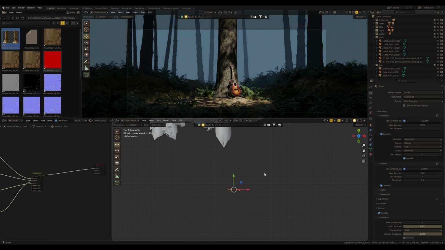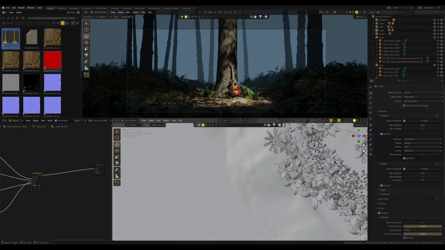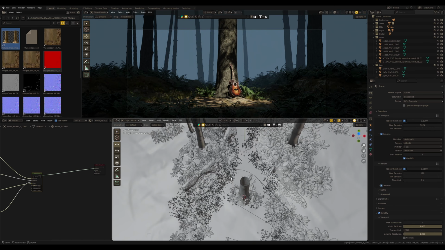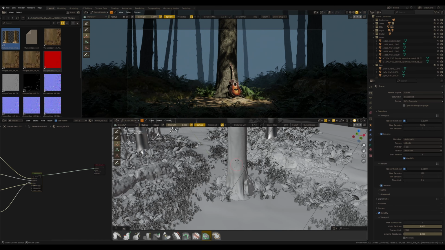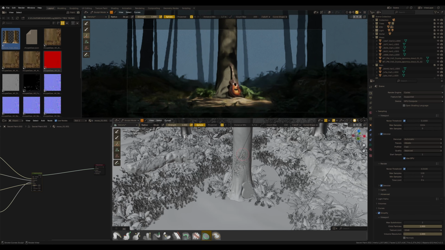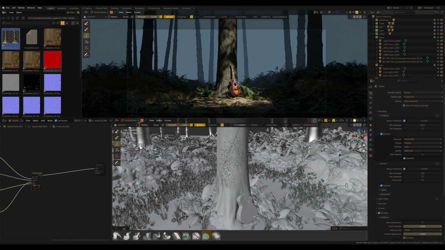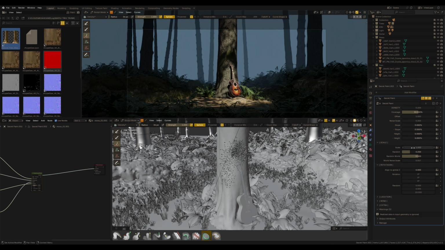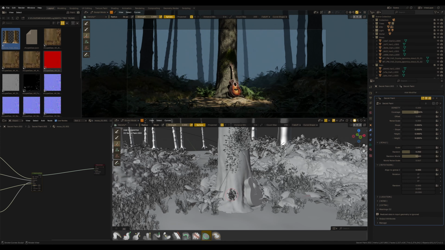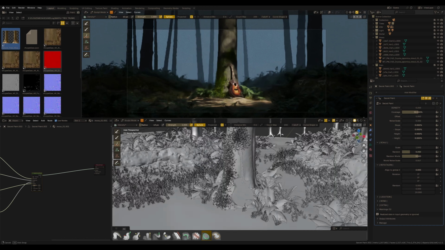I also want to cover this tree with moss, also using this Secret Paint add-on. I scatter moss from Poly Haven. I select the moss models, choose the trunk and start painting the moss onto the tree. These models are so tiny, so I increase the density, maybe even set it to 0 for maximum density. And I also increase the scale and paint around the trunk to give it a nice mossy look.